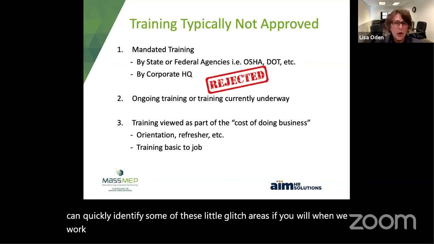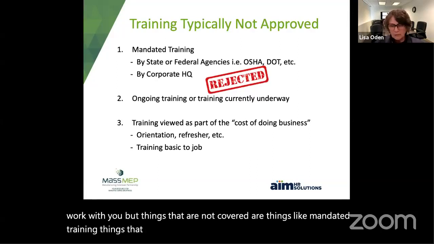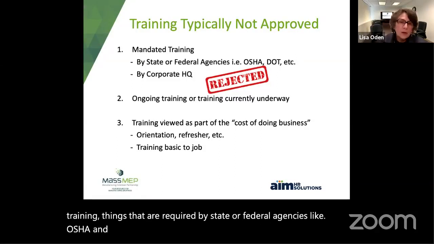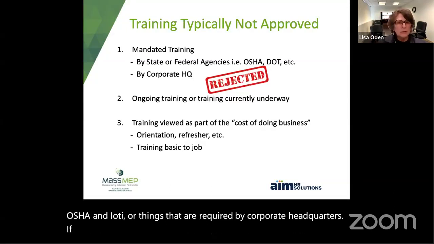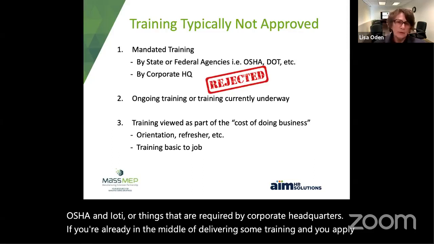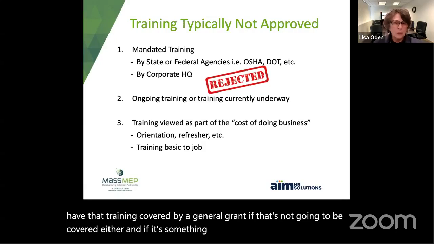But things that are not covered are things like mandated training, things that are required by state or federal agencies like OSHA and DOT, or things that are required by corporate headquarters. If you're already in the middle of delivering some training and you apply to have that training covered by a general grant, that's not going to be covered either, and if it's something that you do on a regular ongoing basis in your company.